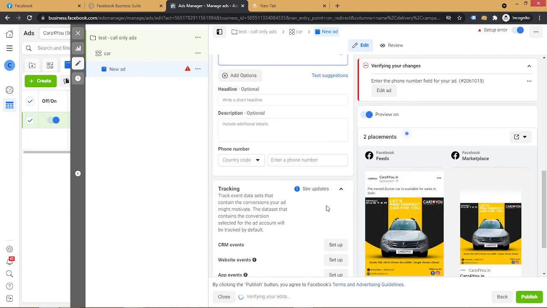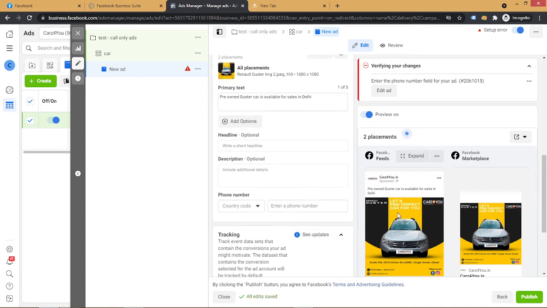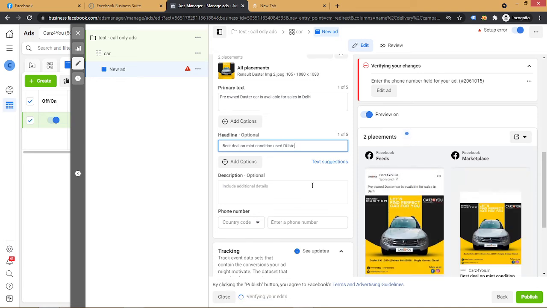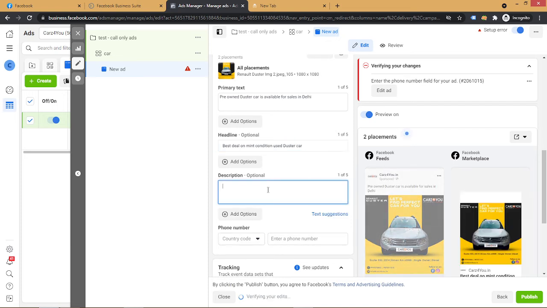Fine, so this would be my primary text, which will appear here. I will show you the preview later. My heading would be: best deal on mint condition used Duster car.